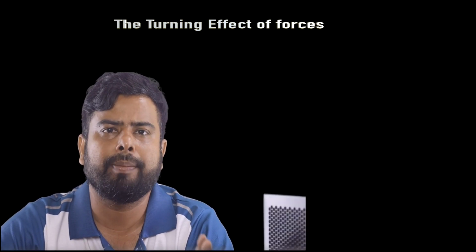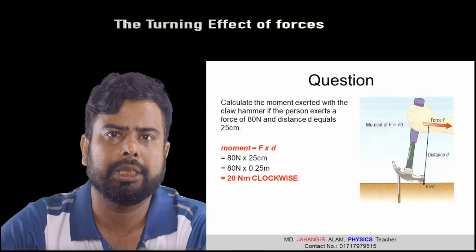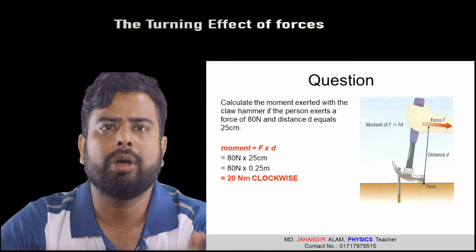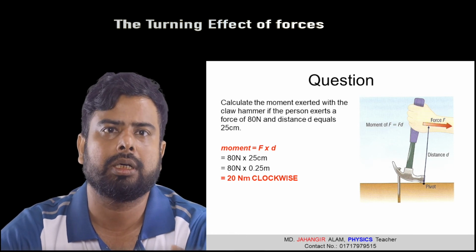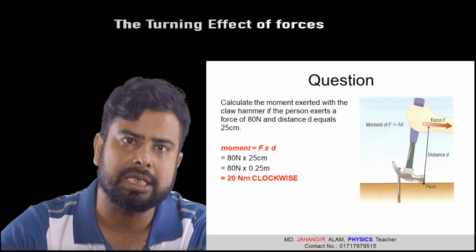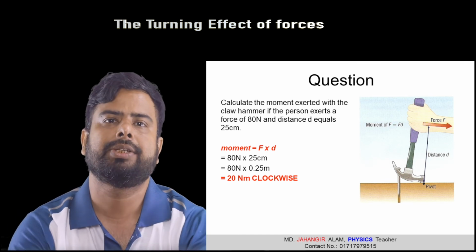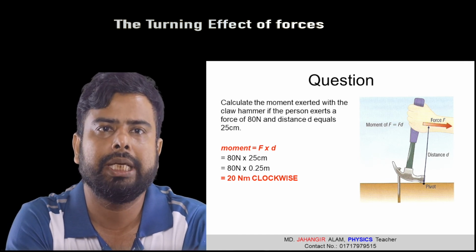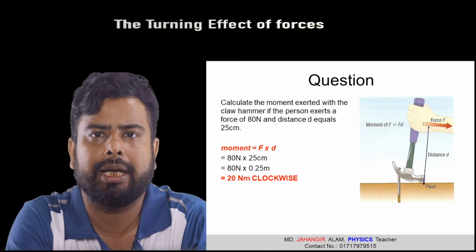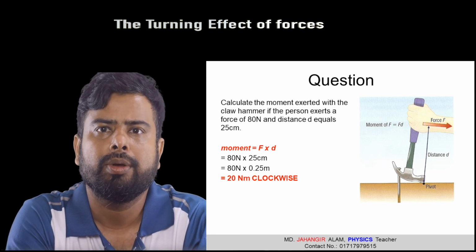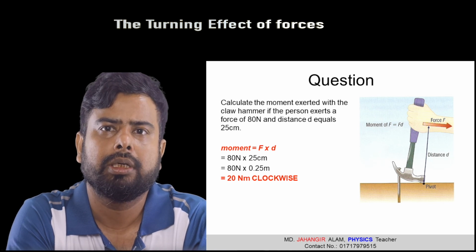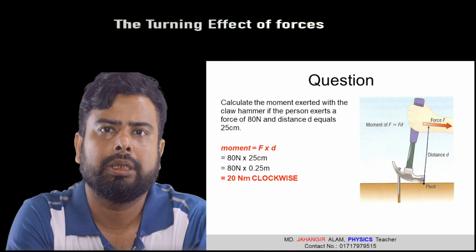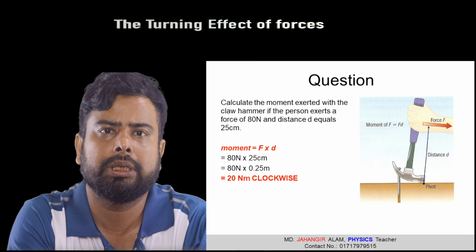Now we do a mathematical problem related to turning effect of force. Calculate the moment exerted with the claw hammer if the person exerts a force of 80 Newton and distance D equals 25 centimeter. Look at the diagram here. The distance between the line of action of the force, the red color point is direction of the force, and perpendicular distance from the pivot D is 25 centimeters. So moment equal to force into perpendicular